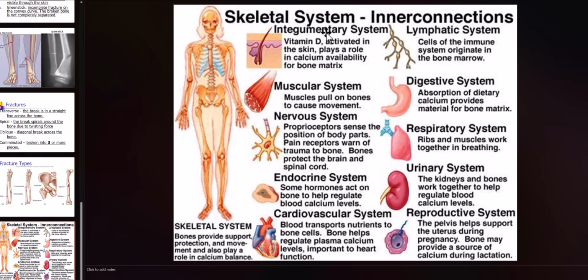I mentioned earlier that vitamin D is important for calcium absorption in the gut through the digestive system. The ribs and the sternum are certainly protecting your respiratory system. The kidneys are filtering your blood and helping to maintain your normal calcium levels, and your kidneys are protected in part by your skeletal system. And then finally, back to the reproductive system, we have those hormones. We also have the pelvis providing support to the uterus during pregnancy. Again, calcium during milk production for lactation. So the point is,